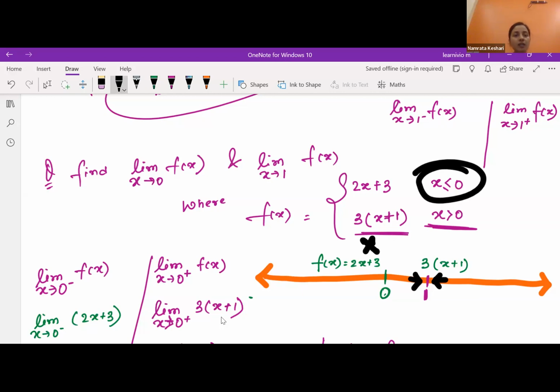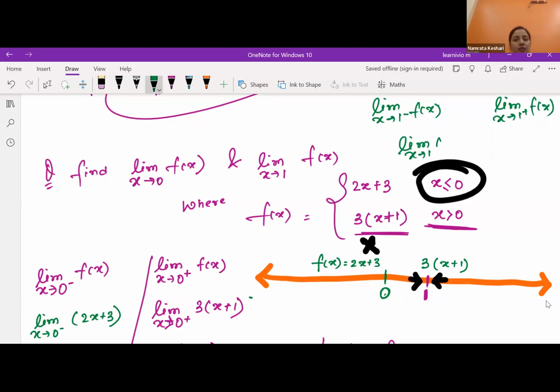हमारा लिमिट क्या निकल के आएगा? ऐसे सिचुएशन में तो हम डायरेक्टली भी लिमिट फाइंड कर सकते हैं। कैसे? हम ऐसे लिख सकते हैं, लेफ्ट हैंड लिमिट राइट हैंड लिमिट, या तो हम लिख लें, कोई बात नहीं। We can write that limit x tends to 1 minus f(x), limit x tends to 1 plus f(x), ऐसे या तो हम लिख लें, या फिर डायरेक्टली limit x tends to 1 f(x) is equal to limit x tends to 1 3 times x plus 1। डायरेक्टली हम फाइंड कर सकते हैं। अगर हमारा कंसेप्ट क्लियर है, हमें लेफ्ट हैंड राइट हैंड लेना ही नहीं है, क्योंकि हमारा फंक्शन तो सेम ही है। ओके 3 times 1 plus 1, that is equal to 3. Oh, 6. Sorry. आंसर।